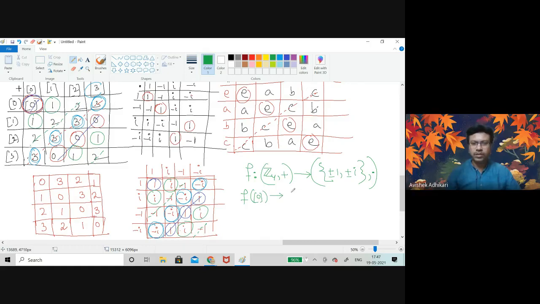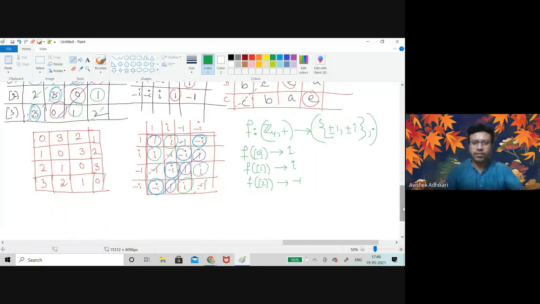It is always 1 due to the homomorphism. So this is 1. And then class of 1, where should I send it? Iota, I. F of class of 2 goes to where? -1. And then F of 3 should go to